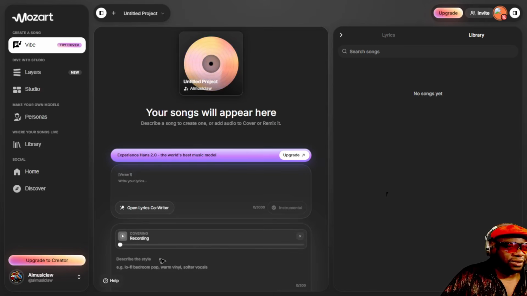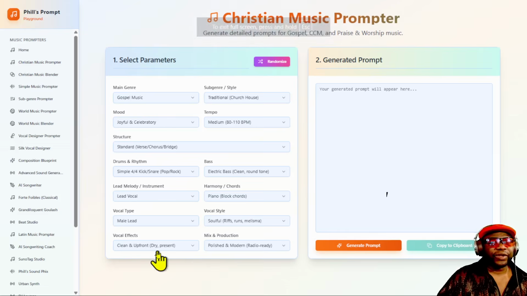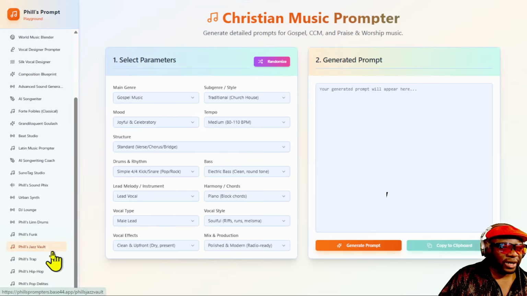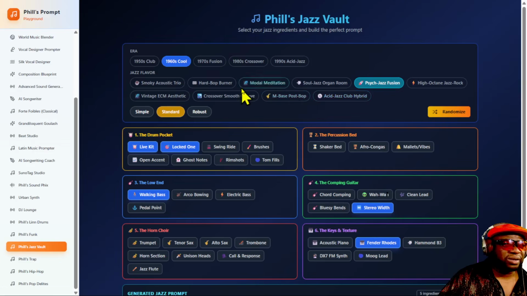All right, let's see what it does with this. I guess I now put in the style, okay? So I want something pretty robust, and I'm going to put it to the test by using Phil's Playground. Phil's Playground is a tool I built for my members. It gives you access to a wide array of advanced prompt tools. I'm going to go into Phil's Jazz Vault, and I'm going to hit randomize, and we're going to look for something more in the, let's see,